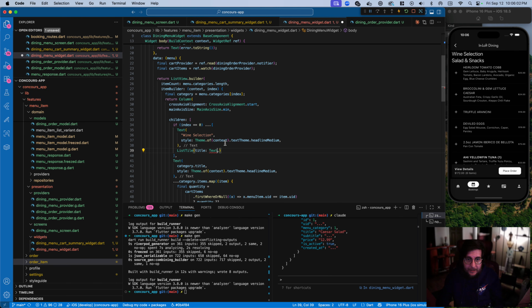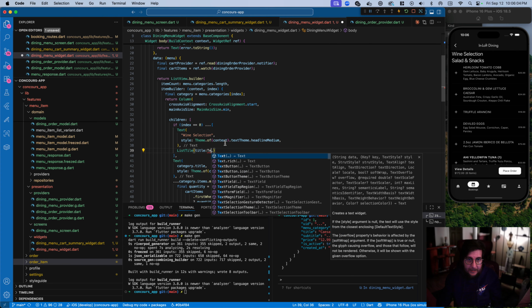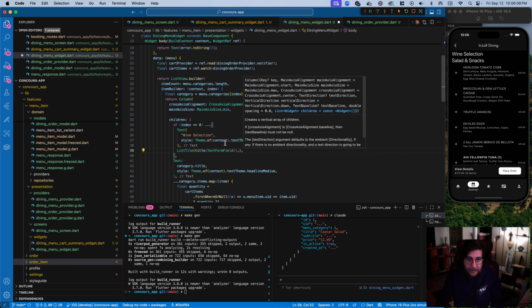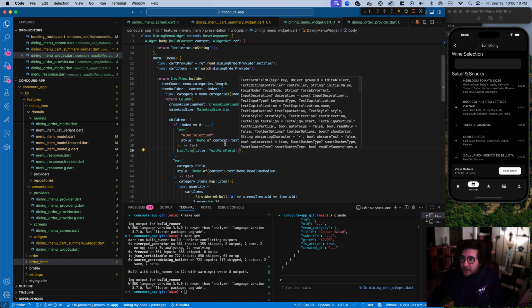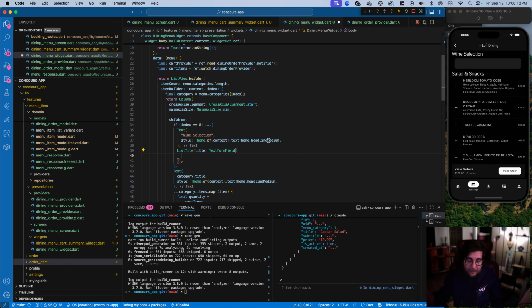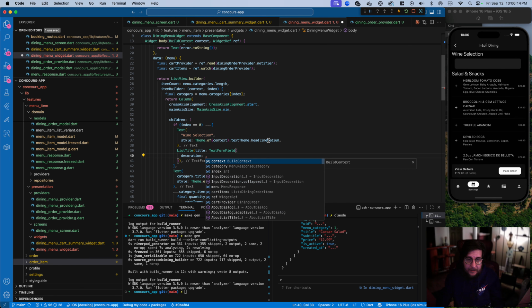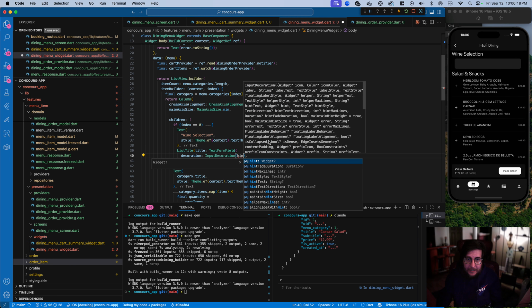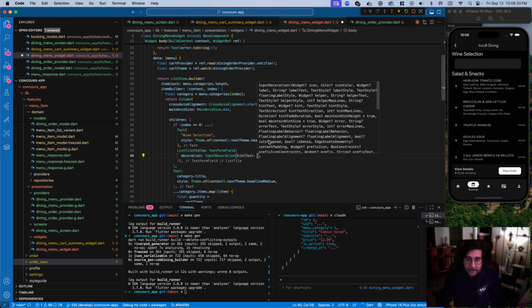Sorry, not text. We're going to actually use a text form field here. Let's see if that looks okay. Decoration, input decoration, placeholder, or hint text, I think. Hint text will be